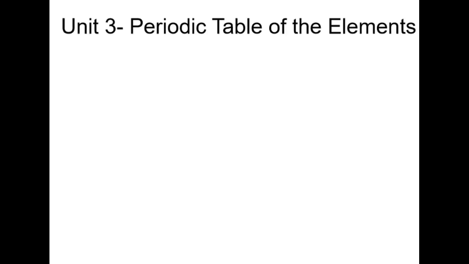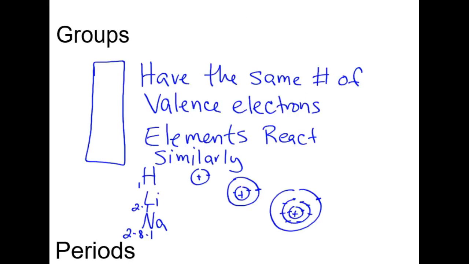All right, so we're back here, and the very first thing is groups and periods. The main way in which the periodic table is organized is that groups go up and down, they're vertical, and periods go left to right, they're horizontal. Groups, all of the elements in the same group have the same number of valence electrons, which means that they